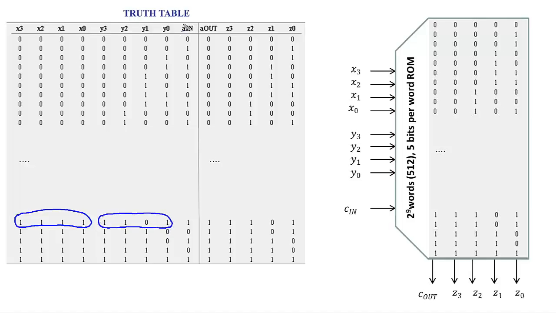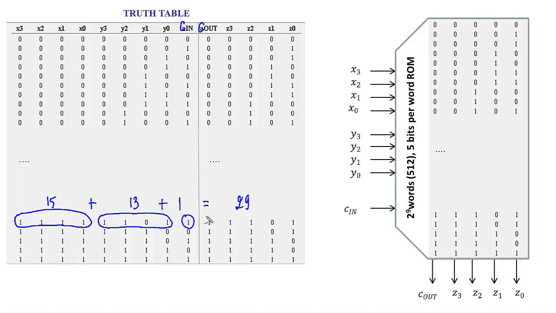And every value of the carry in, for example 1, we compute the result of the sum, in this case 15 plus 13 plus 1 must be equal to 29,